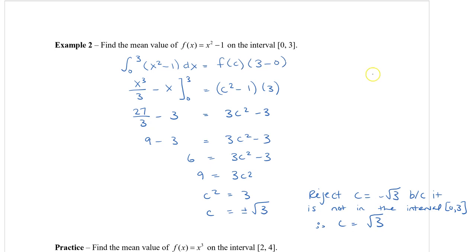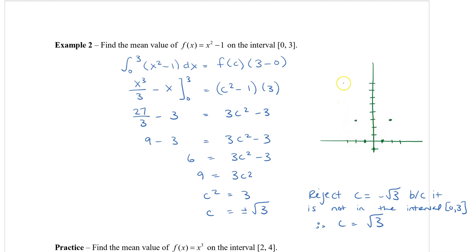Let's take a look to see what this looks like graphically. So I'm going to draw a parabola here, x squared minus 1. It starts with a vertex of negative 1. And it's going to go up to 8, and we're going to go to 3 because it's from 0 to 3. So I want to know what's happening over there. So just graphing this very quickly,